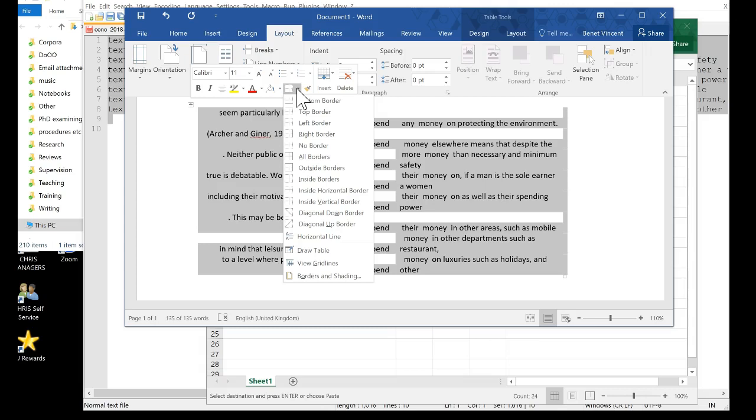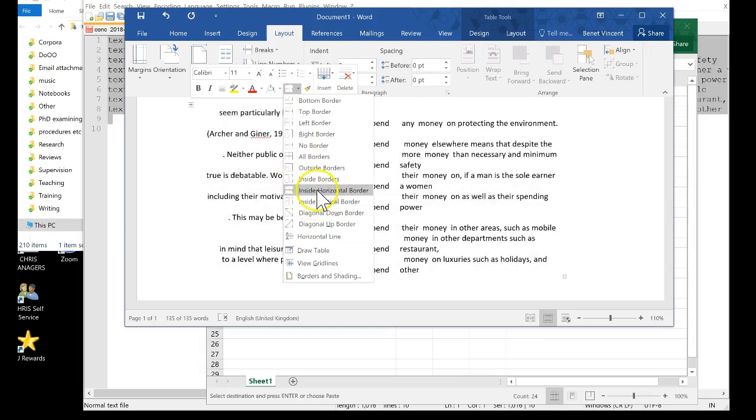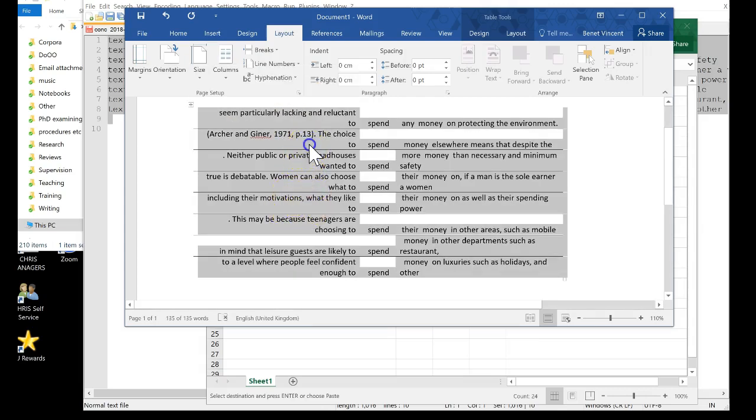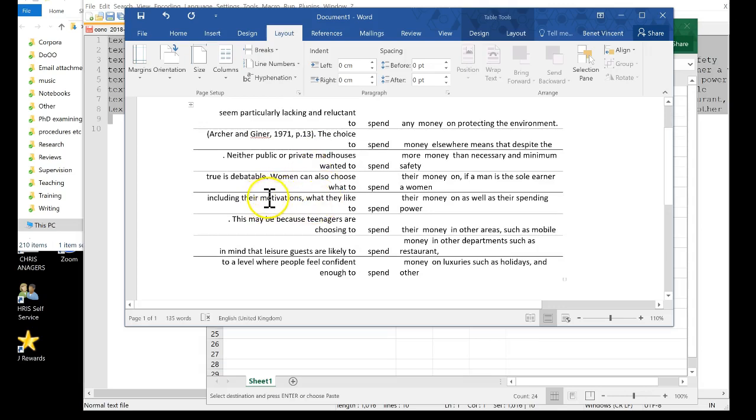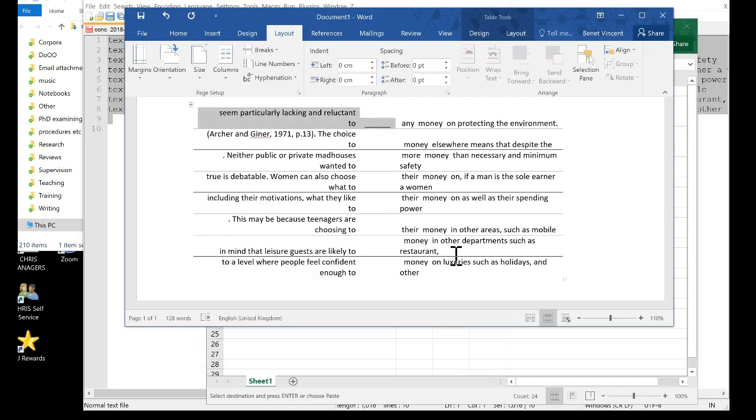So we could have inside horizontal is probably quite a good way. That separates the lines out. Also, if you wanted to create a gap fill, you could just delete those. There we are. Perhaps add in one of these to show that there's a missing word. It still doesn't look quite right, does it? Because